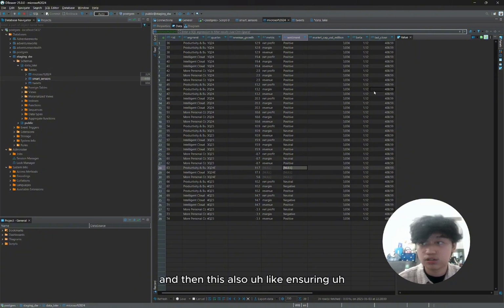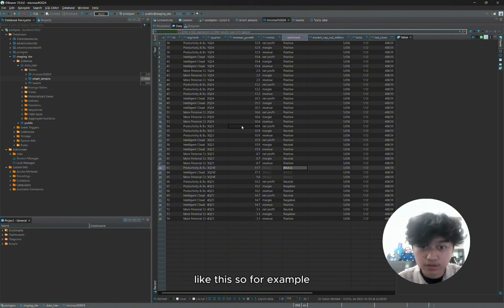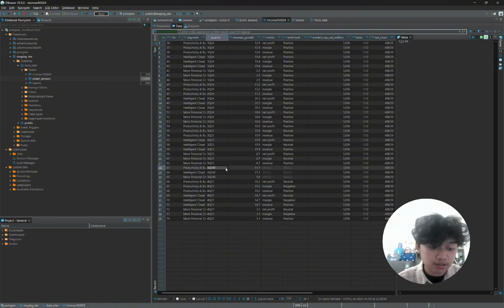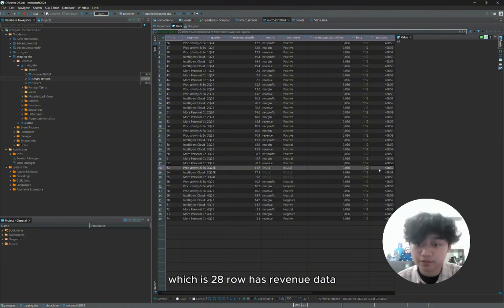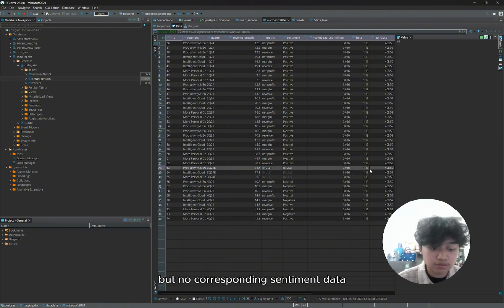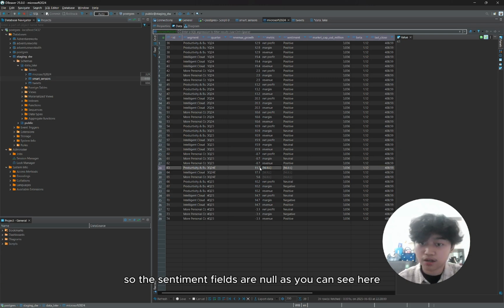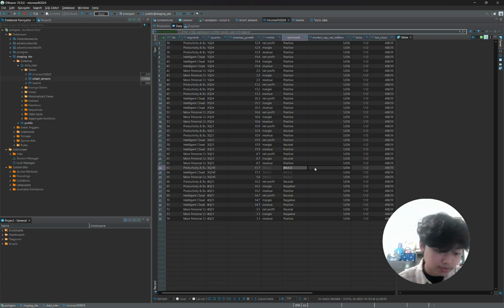This also ensures no data is lost from the sources. For example, 3Q24E in this row, the 28th row, has revenue data but no corresponding sentiment data, so the sentiment fields are null, as you can see here.